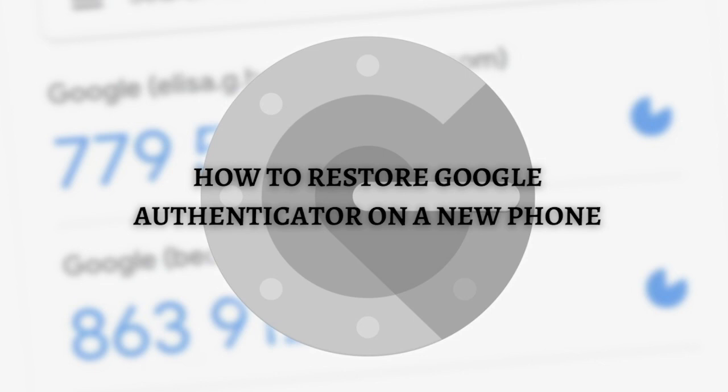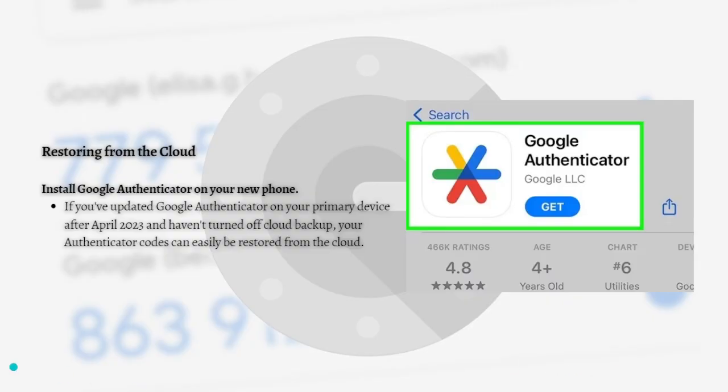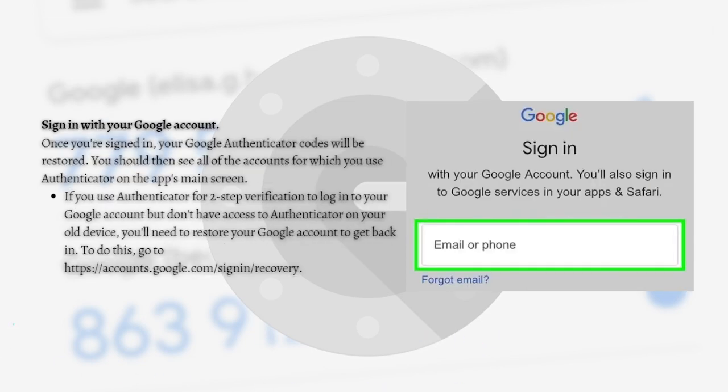So for the first part of this tutorial, what you need to do is to restore from the cloud. To do that, just install Google Authenticator on your new phone. And if you've updated Google Authenticator on your primary device after April 2023, and haven't turned off cloud backup, your authenticator codes can be easily restored from the cloud. Then after that, just sign in with your Google account. Once you're signed in, your Google Authenticator codes will be restored. You should then see all of the accounts for which you use Authenticator on the app's